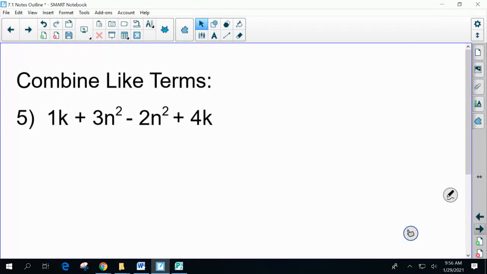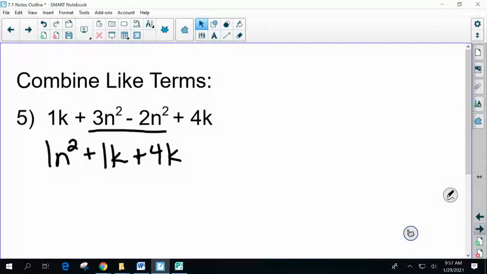Yeah, there's 2 different variables, so that is different. I would start with my variable that has the biggest exponent. So I would go ahead and combine this middle part: positive 3n squared minus 2n squared. So it would be 1n squared. And then I would rewrite what I have left, so plus 1k plus 4k. And then I need to combine my k's. So 1n squared plus